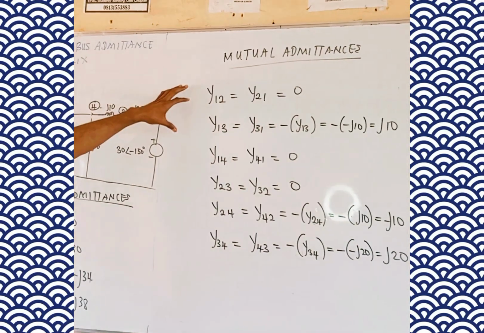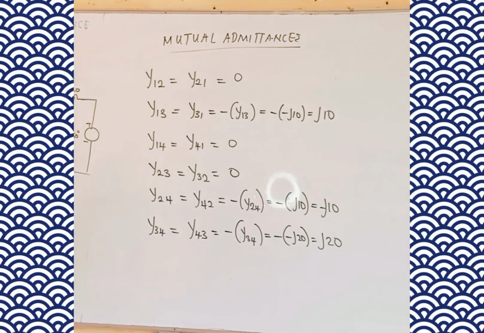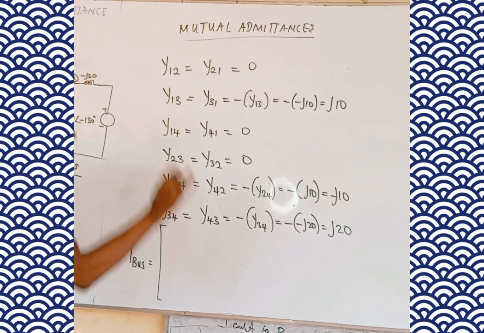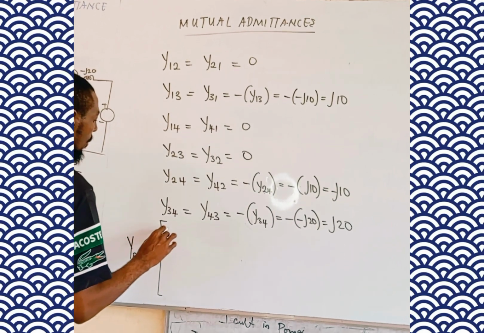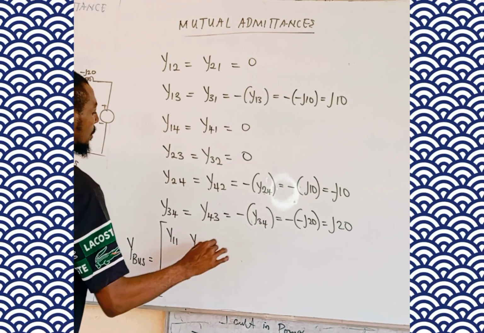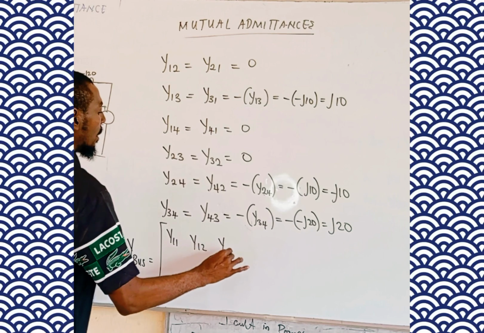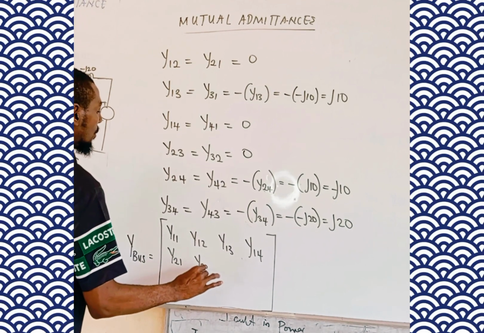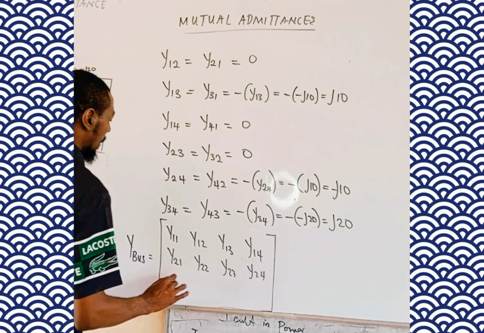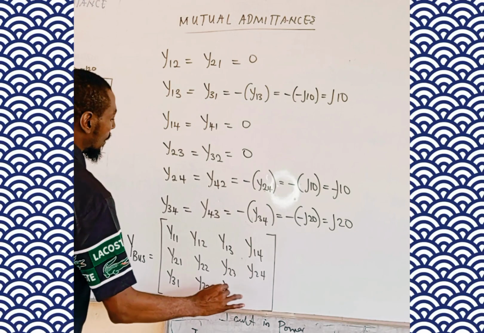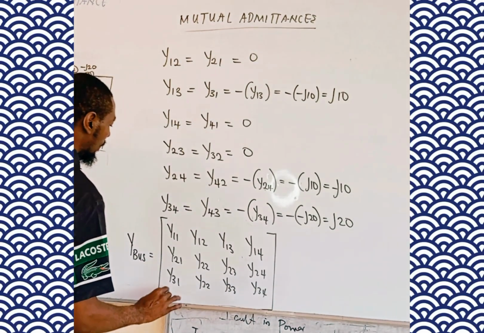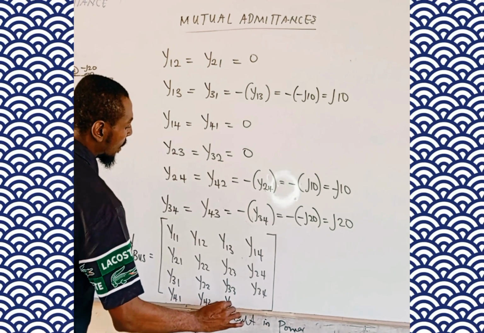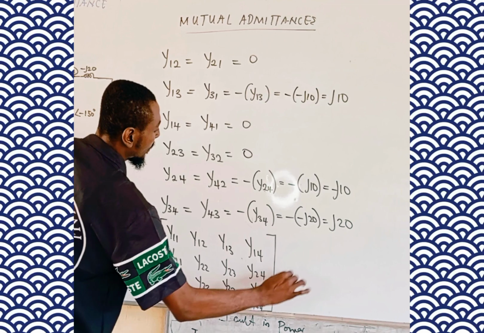So we have listed all the possible mutual admittances, and now it is time to map out the Y bus. The Y bus must be a 4x4 square matrix, so that we have y11, y12, y13, y14, y21, y22, y23, y24, y31, y32, y33, y34, and finally y41, y42, y43, and y44. And this is equal to